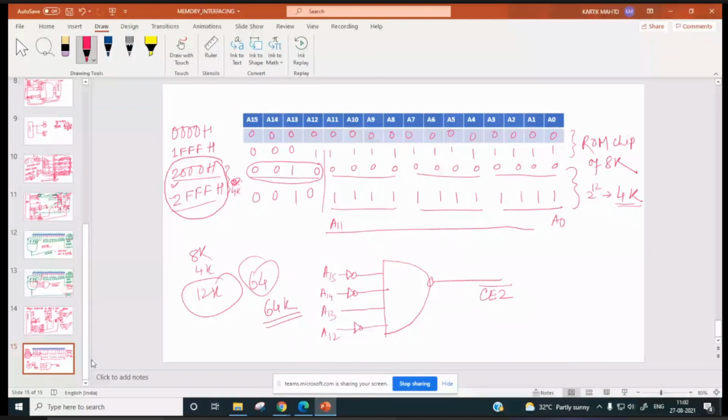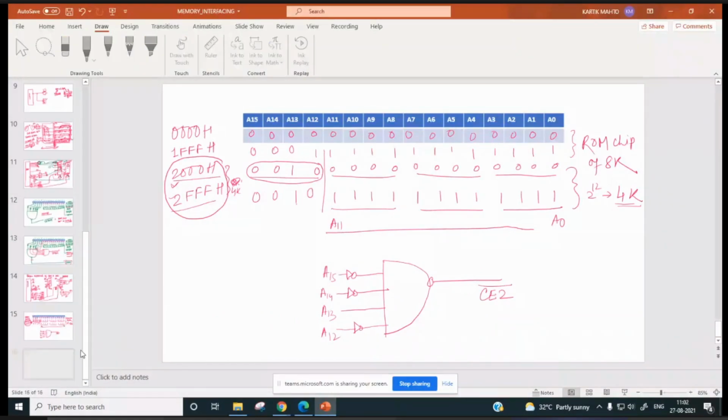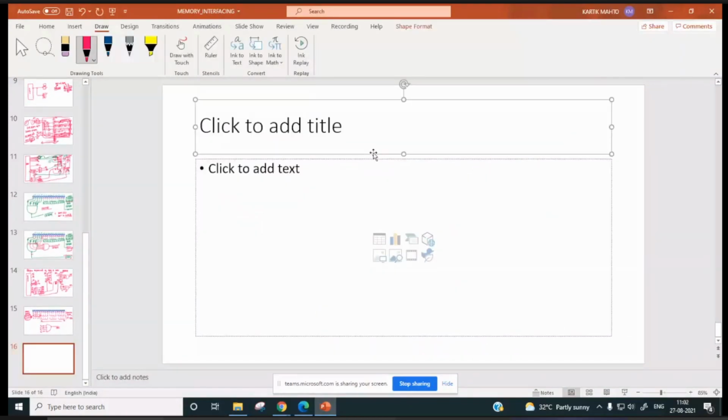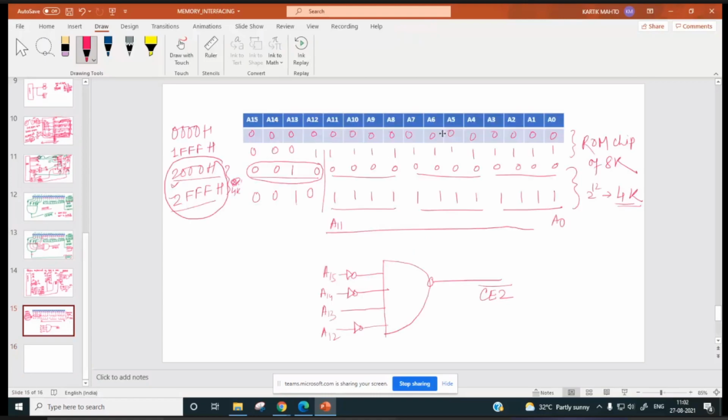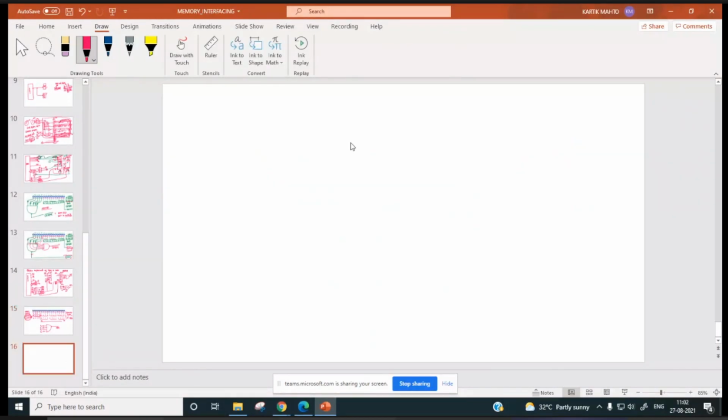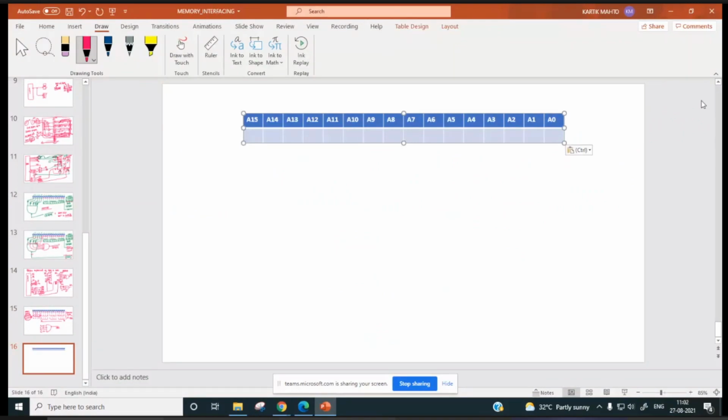Now suppose we want to expand this by another 2K. Another 2K, so I will copy this. Control C. Control V.